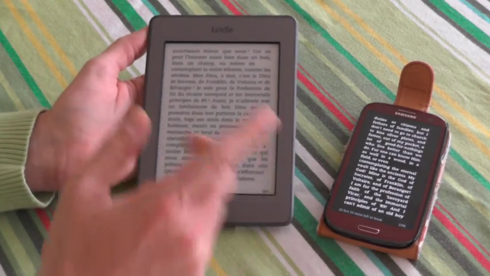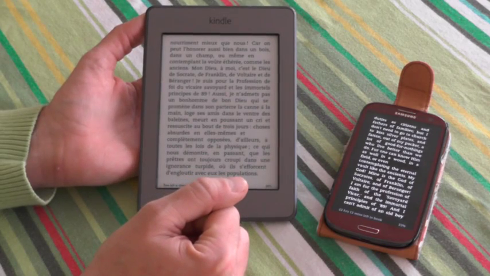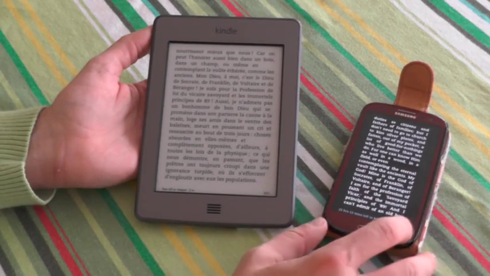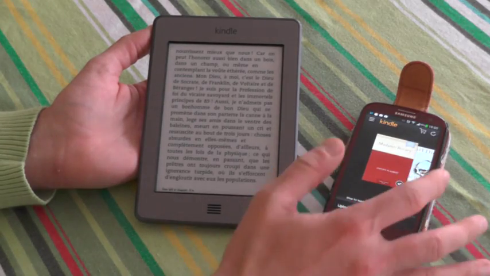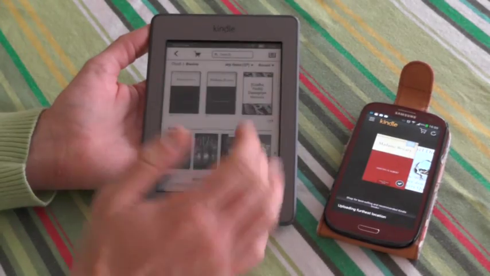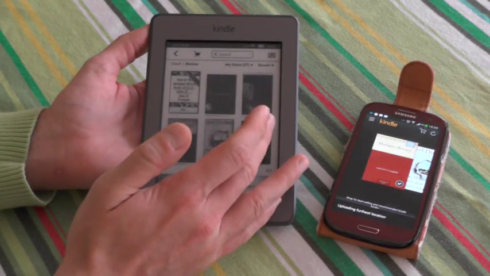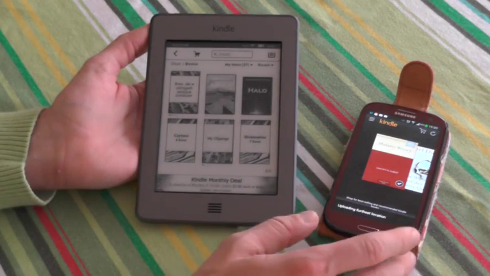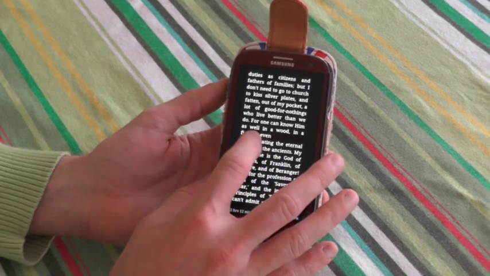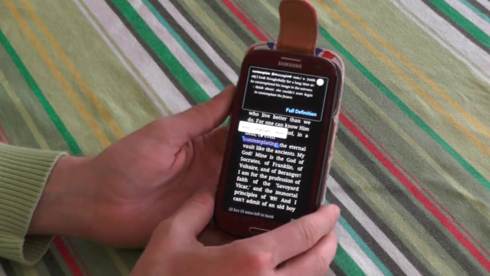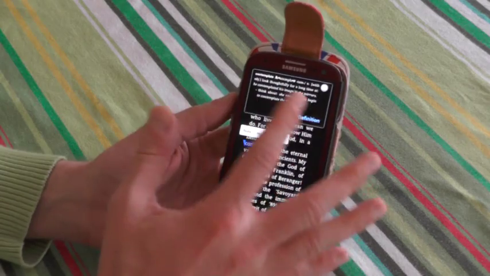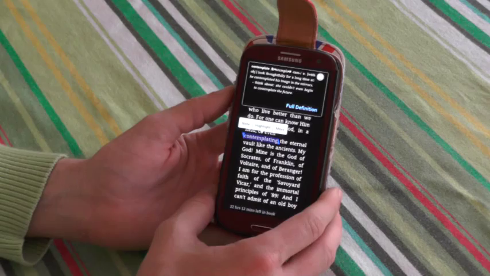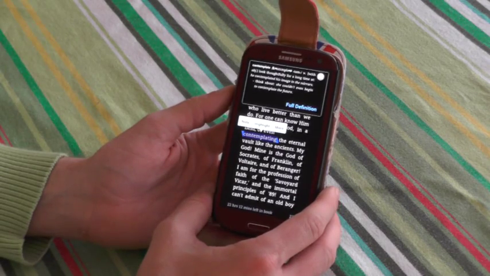So this is what I'm talking about, that here I've got the text of the book in French, and here I've got it in English. Also, what's great about this device is that it nicely syncs. So for example, if you're reading one book on this device, it nicely syncs online with whatever you're reading on your mobile phone. Of course, the Kindle app on your mobile phone also has this function of a monolingual dictionary, which allows you to look up the words that you're looking for.